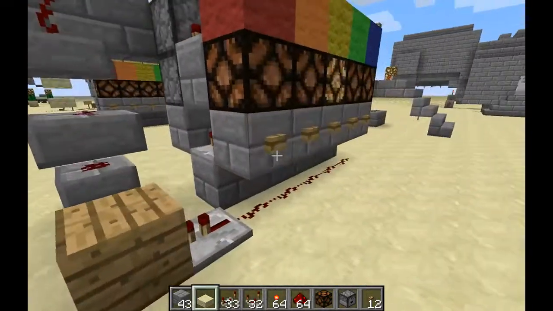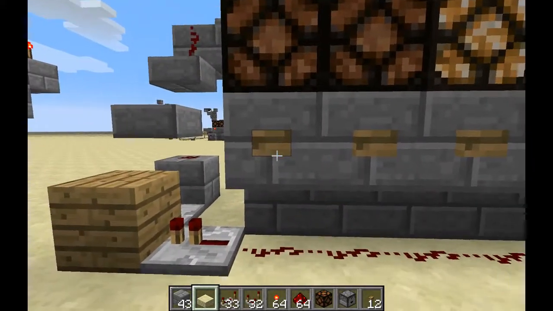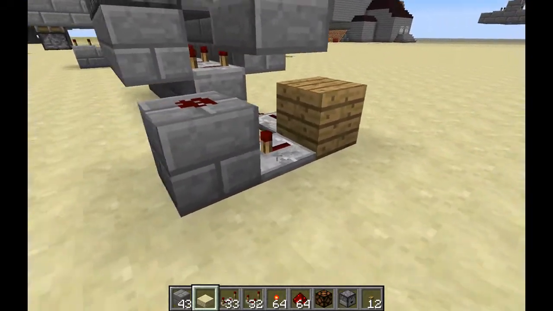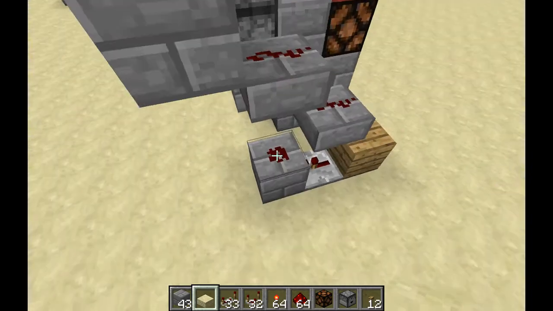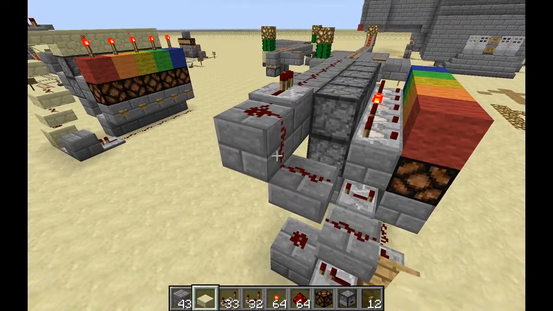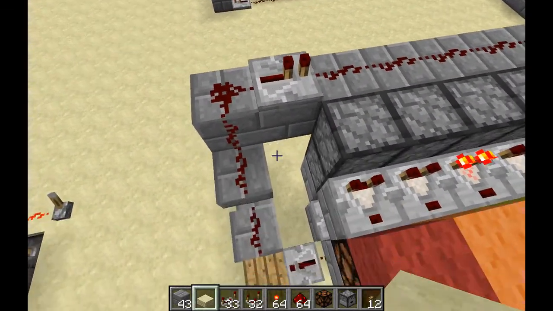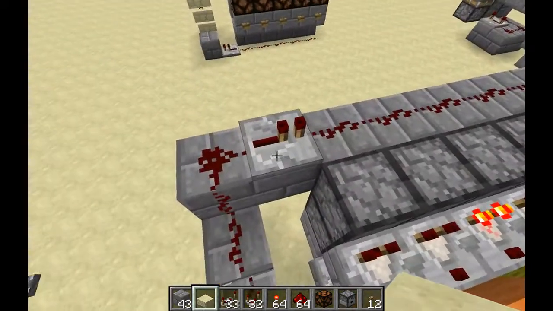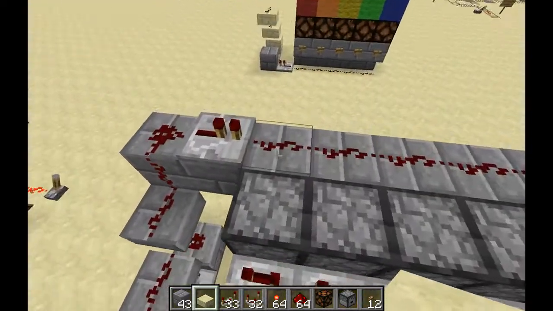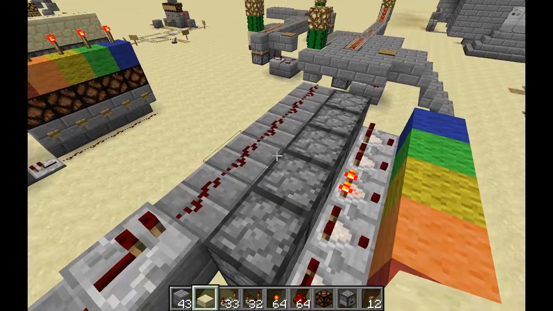So what happens is there's a bunch of repeaters here. They're all set to 4 ticks. Push the button, it goes through this pulse limiter. This takes 2 ticks to go through the pulse limiter. Then the power comes up this little half slab ladder. And then we add 1 more tick here. This isn't really necessary in this build, but if you extended this out to 15, you do need this repeater here. So after 3 ticks after pressing the button, this strip of redstone dust here powers up, and that activates